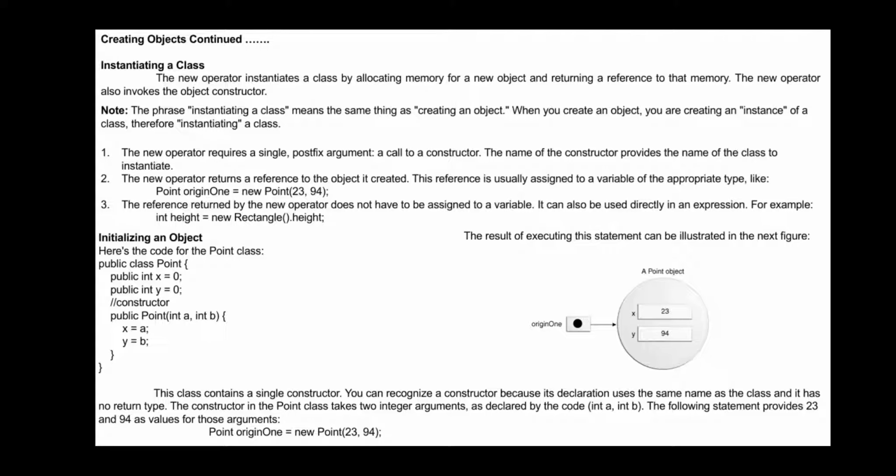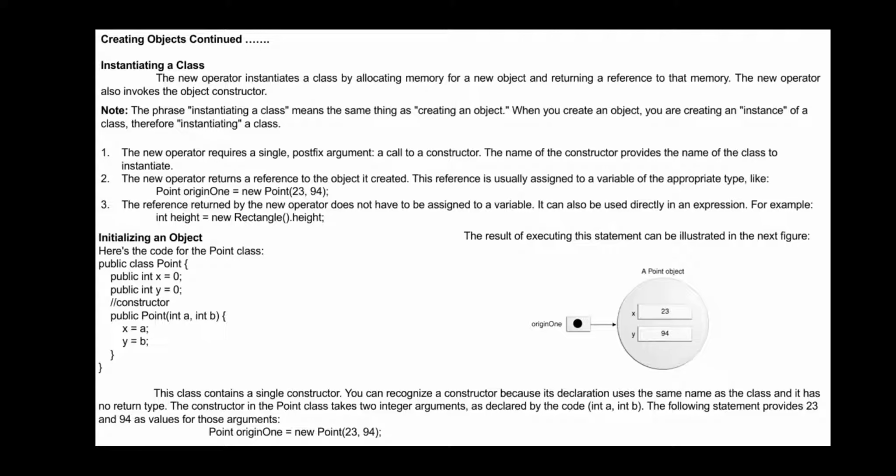The new operator also invokes the object constructor. The phrase instantiating a class means the same thing as creating an object. When you create an object, you are creating an instance of a class, therefore it is called instantiation of the class.